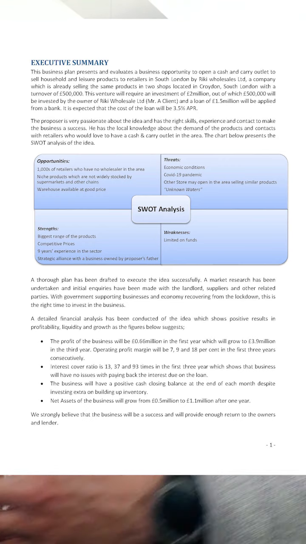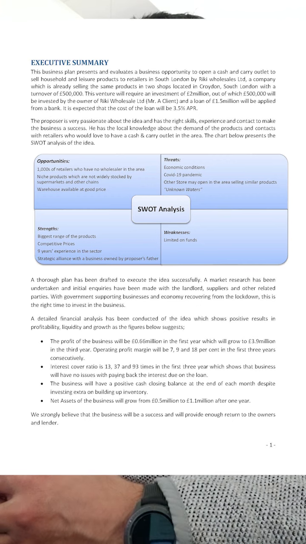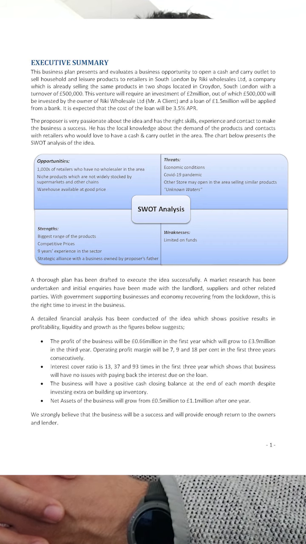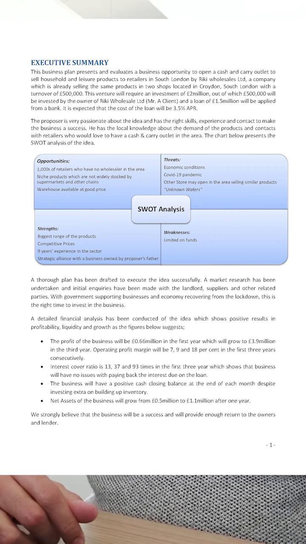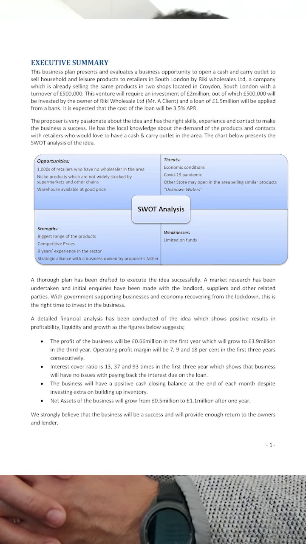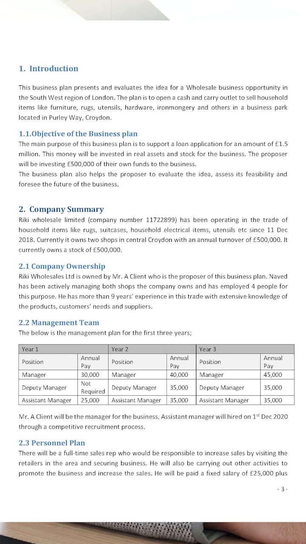It should give a summary of how the plans will be executed and what the highlights are, financial highlights, and usually these are the results which an investor is looking for. So as an example, in this case, it says what will be the profit in year 1, in year 2, and year 3, and so on. And then we have the introduction, objectives of the business plan. We can see the summary, company